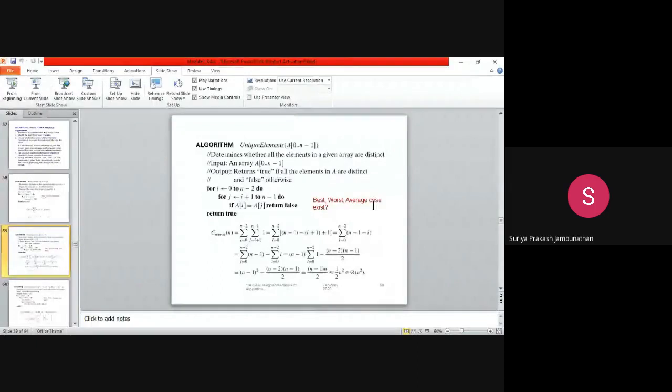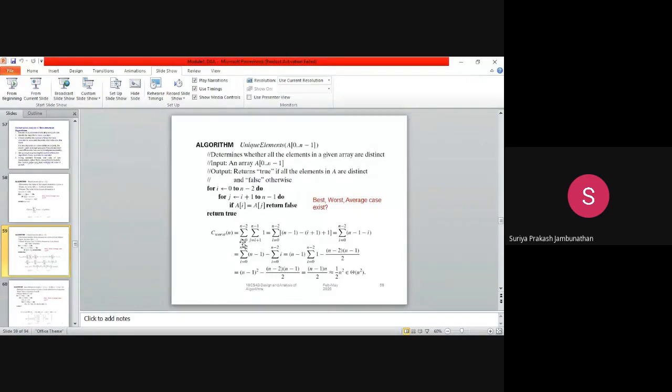So for the same array, we are checking all the elements. We are iterating with two for loops, an outer for loop and an inner for loop, and identifying whether the array elements have the same value or distinct values. Now we write the worst case for this, which we denote with big theta of n square. So big theta of n square is the worst case for this algorithm.